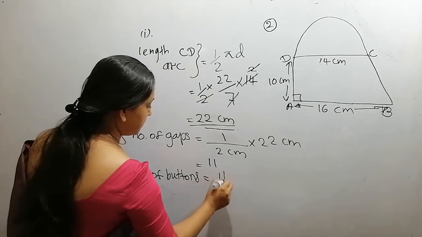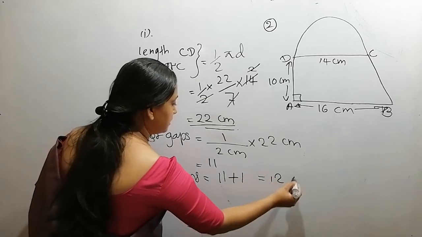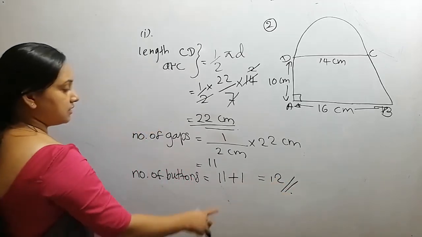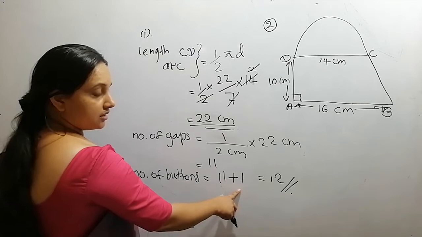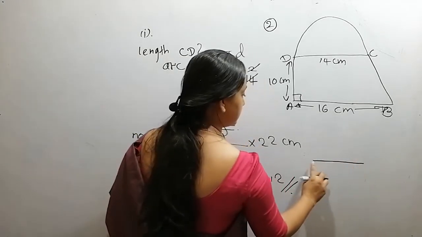Required is equal to number of gaps plus 1. Then it is 12. Okay. Why do we need to add another one? Think like this. If this is a ruler and this is an